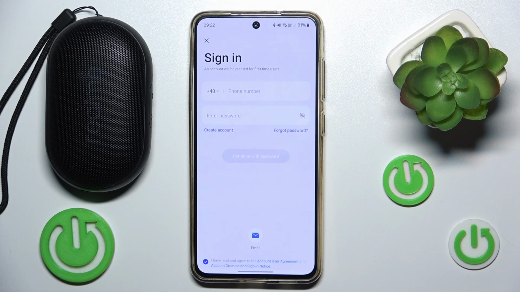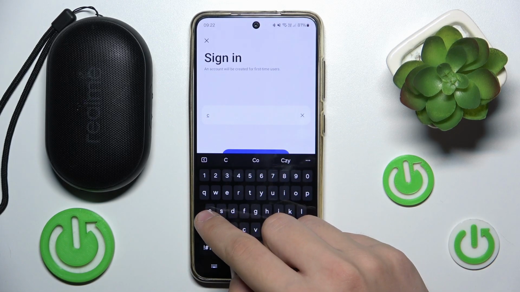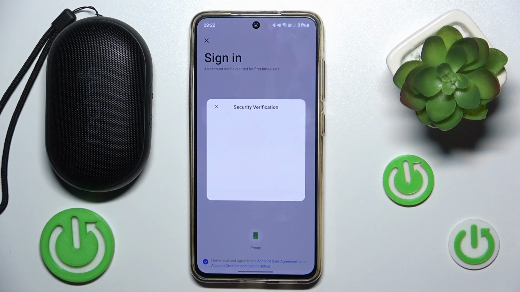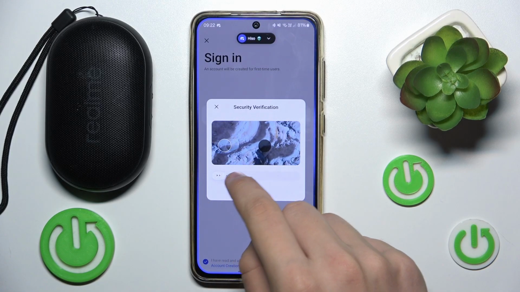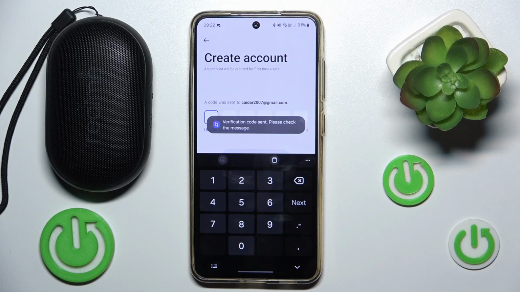And now we have to sign in into our account. If we don't have one, we just have to create it. Now we have to insert our email. And now we have to drag it. Now we have to